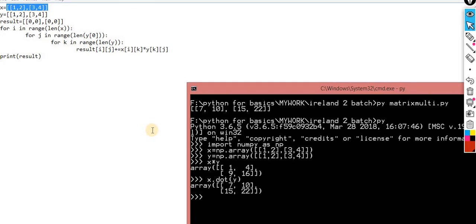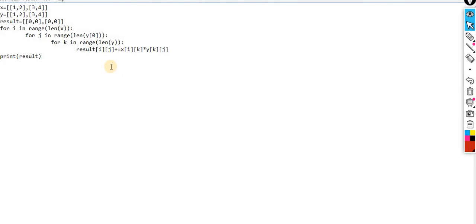Now you can check. This is the one line code, but now you understand the concept, how exactly things are happening behind the scenes. These iterations are happening behind the scene. So this is the beauty. This one is numerical Python. With the help of numerical Python, you can do the same thing with one line of code. This is advanced Python. So we got the clarity on how exactly it works.